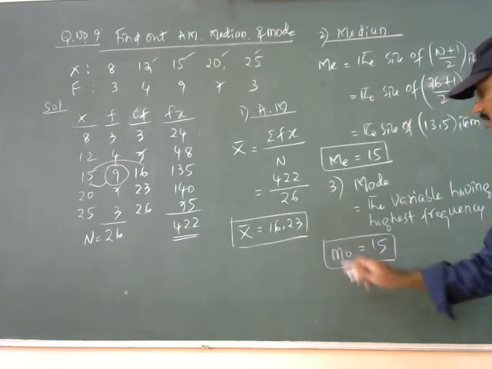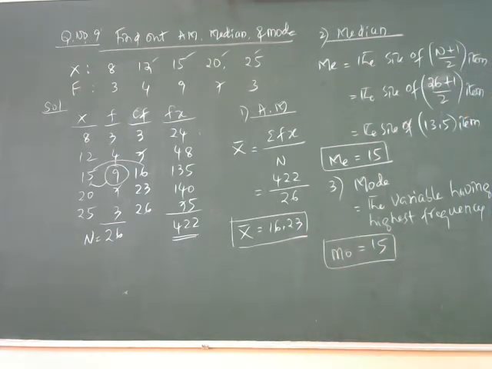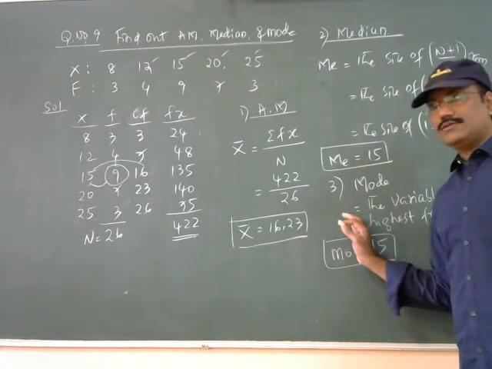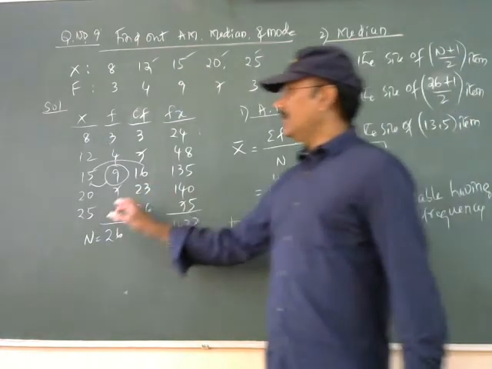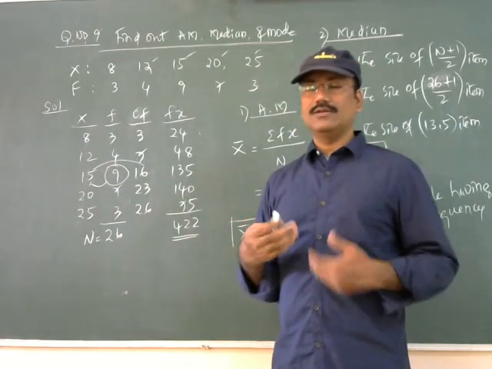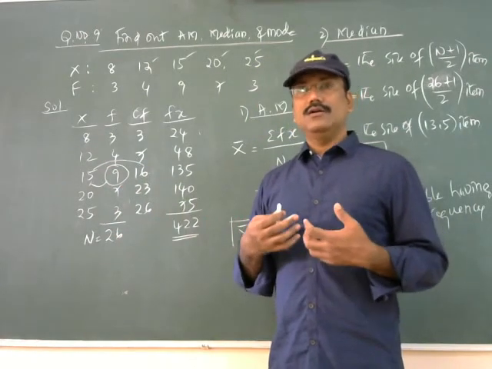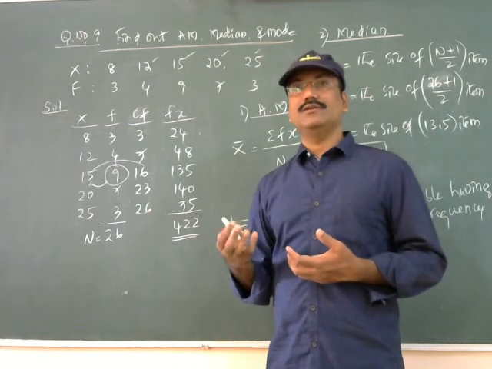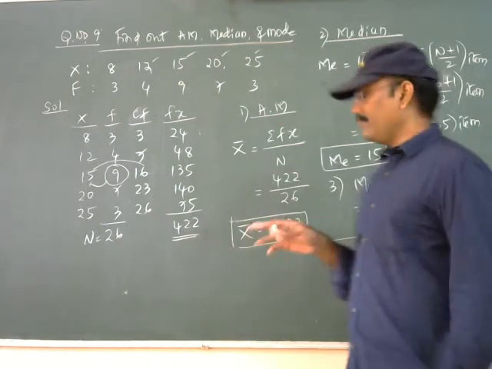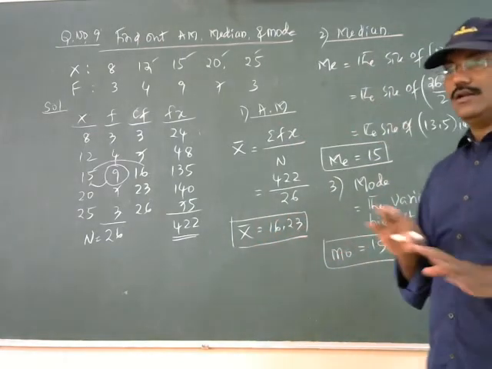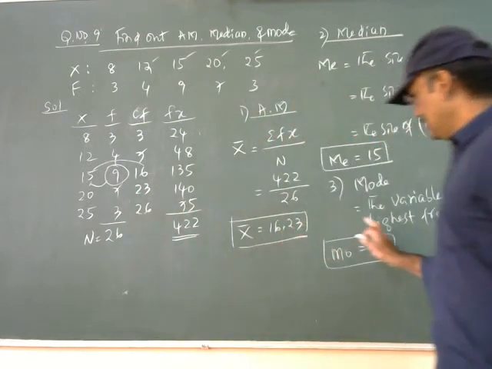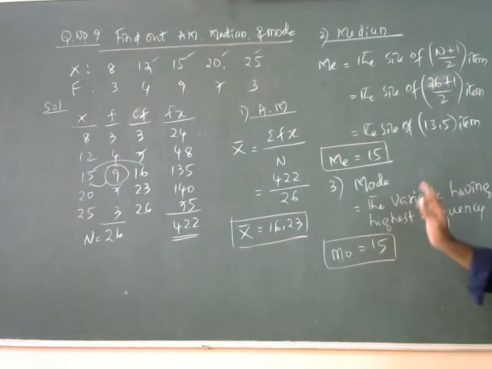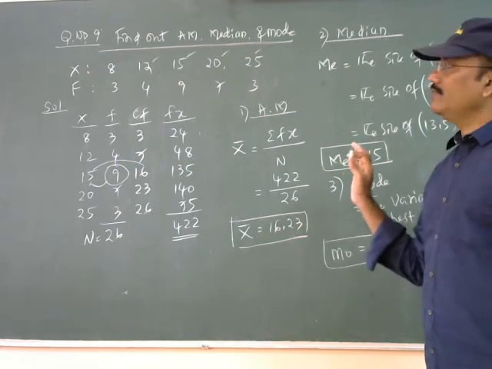So this was the solution of mean, median, mode. I will explain a little bit regarding this mode. Yesterday what we did, that 3 median minus 2 mean, is used only if the highest frequency occurs more than once. If it is difficult to find the mode because the highest frequency is there more than one time, then you need to use 3 median minus 2 mean. If it is not like that, and the highest frequency is there only one time, then you only use the variable having the highest frequency.